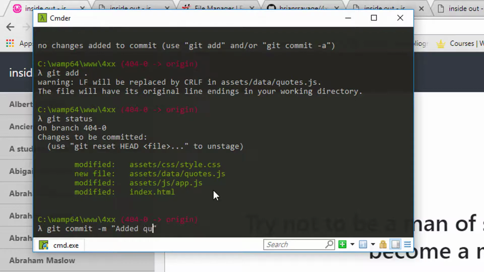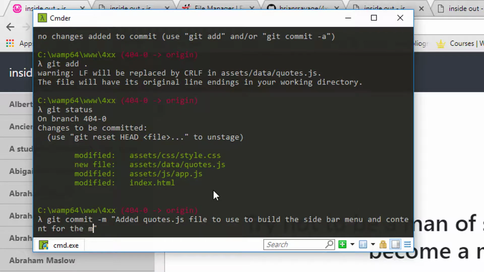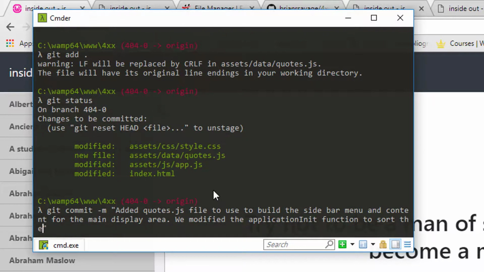Added quotes.js file to use to build the sidebar menu and content for the main display area. We modified the application init function to sort the array,